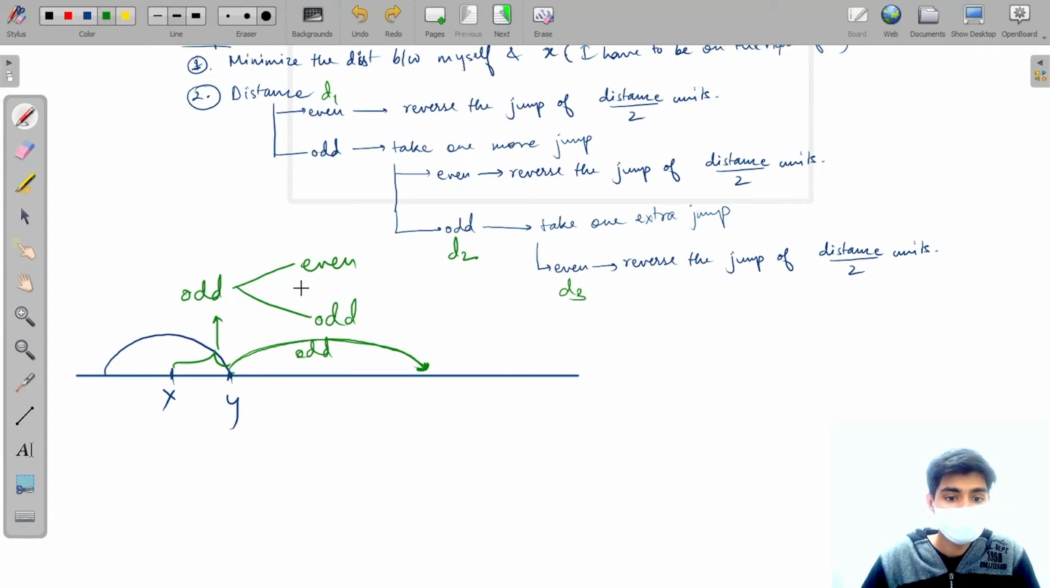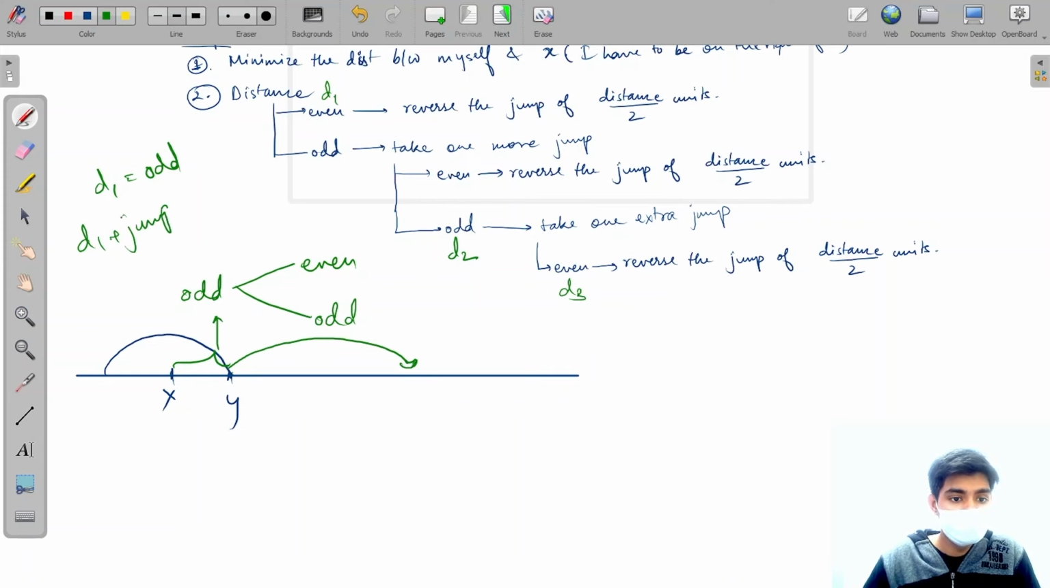It means that when this distance came out to be odd, I took one more jump, and that jump has to be of some length, either even or odd. If this jump is of even length, then this new distance will also be odd. But when this jump is of odd length, then this new distance will be even, because I know that if my old distance d1 is odd,